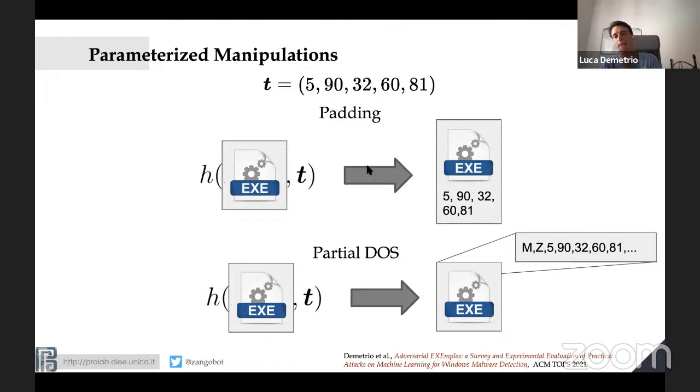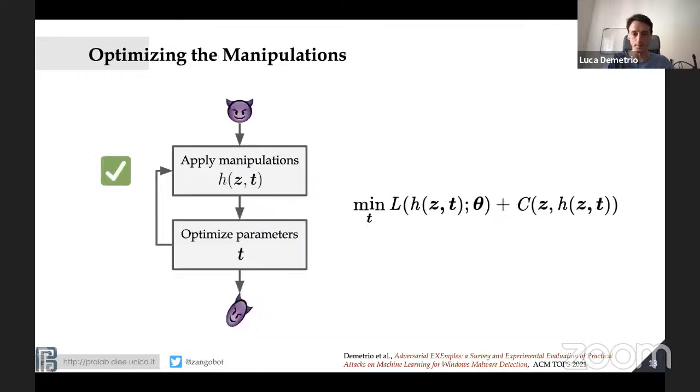After the MZ, you put your adversarial content. If you don't want to alter all of the DOS header, but just some of it, you can specify this in this vector. And in this way, you can tune the amount of manipulation you're adding. I hope I gave you the intuition about how you can perturb malware without breaking it.